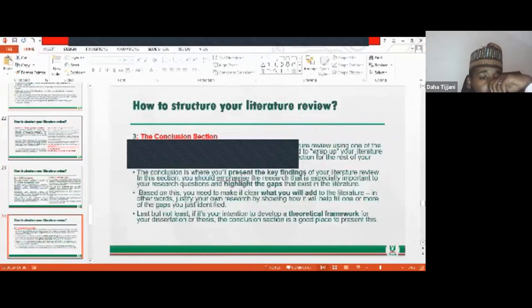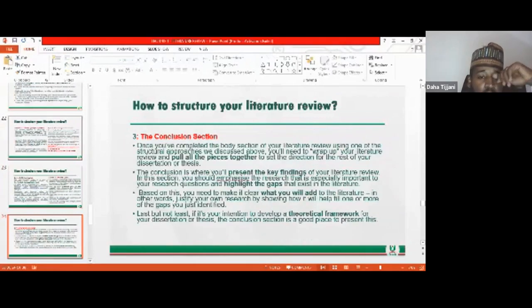So the third part is the conclusions section. Once you have completed the body section of your literature review using one of the structural approaches, you will then wrap up your literature review as you would. The conclusion is where you will present key findings of your literature review, and you should emphasize that research is especially important to your research question and highlight the gaps. You also need to